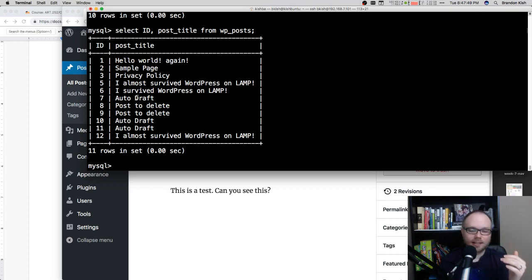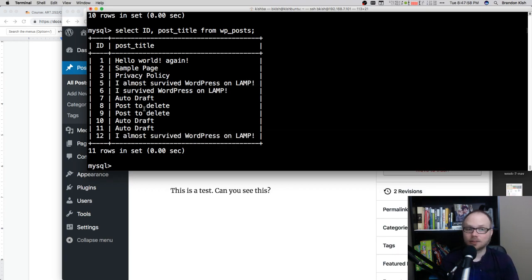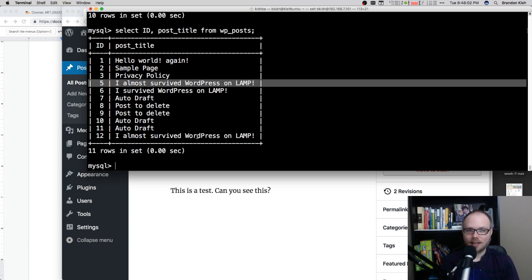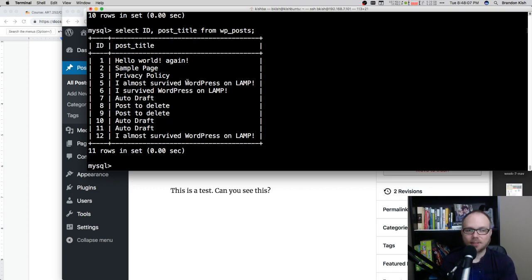I actually, a couple of years ago, I swear this was different. I swear that the newest version down here, like the highest number, always had the right title, and all of these were the original drafts. But today, it looks like when I updated a page, it changed the original and it changed the newest, but then it also kept the previous drafts. But this I find very interesting.